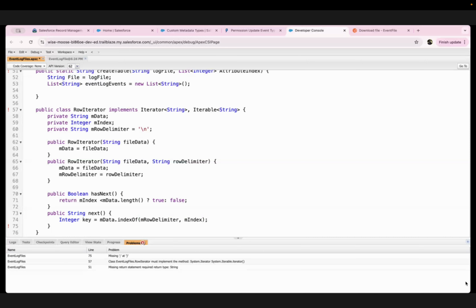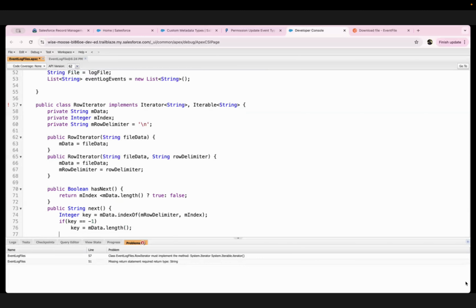Okay. And then from where to where. So if e is equal to -1, then we are going to say data dot. Now I'm going to say row. So row will be like